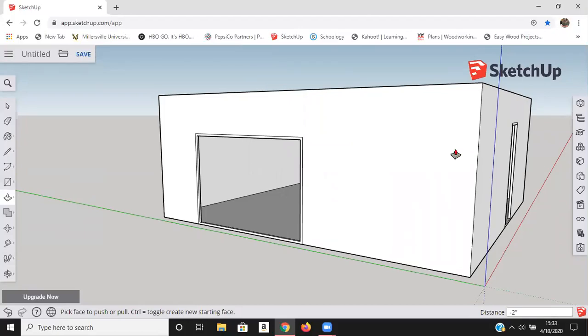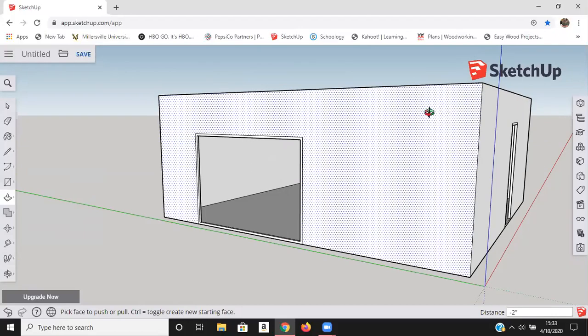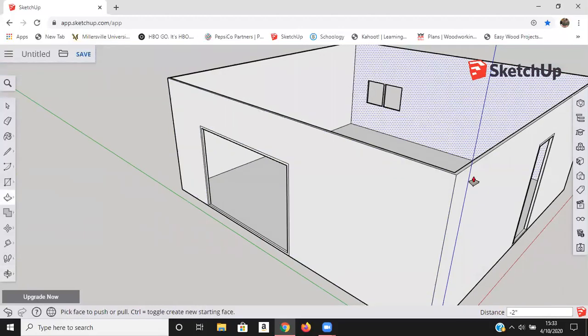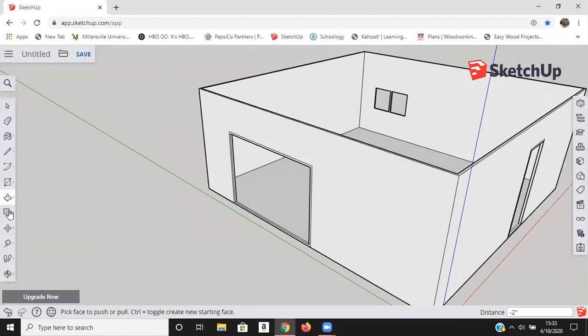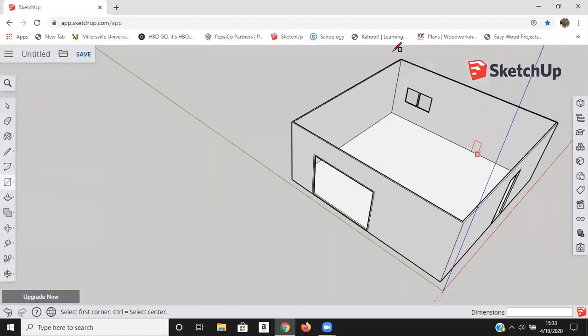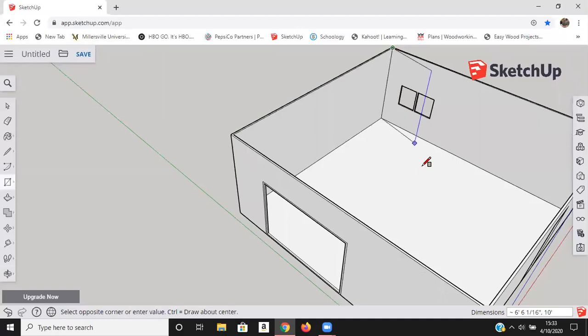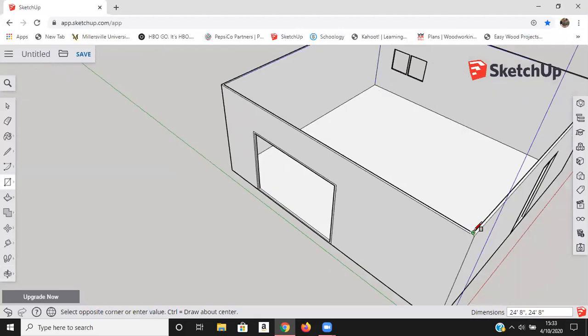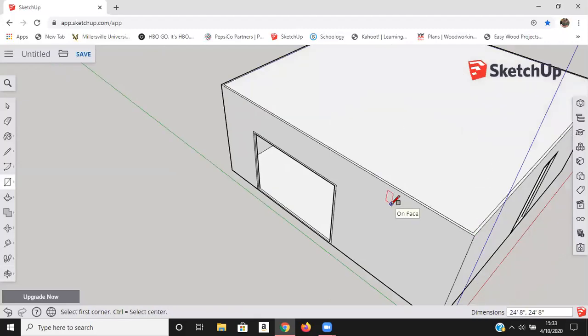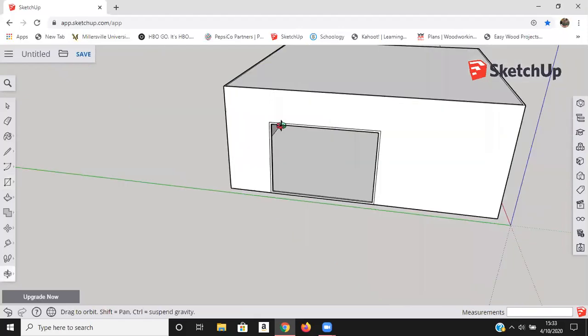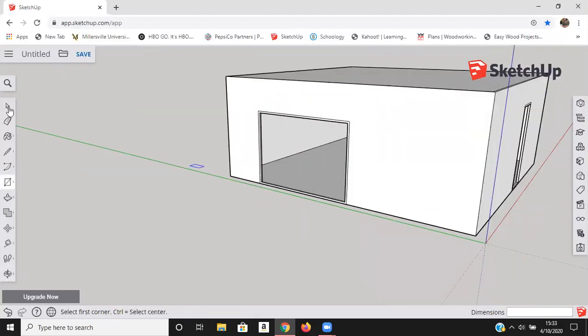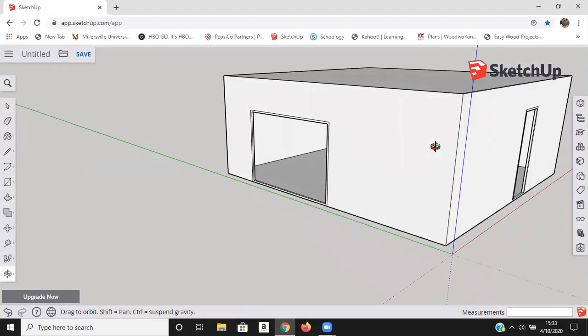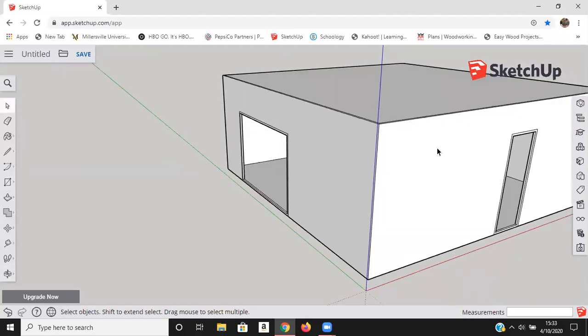Next, I'm going to put in a ceiling on my shed. So I'm going to come back to the rectangle tool. And for putting in a ceiling, I want the interior corner of that wall and the interior corner of the opposite wall. That puts in a nice flat ceiling in my shed. Next, I can